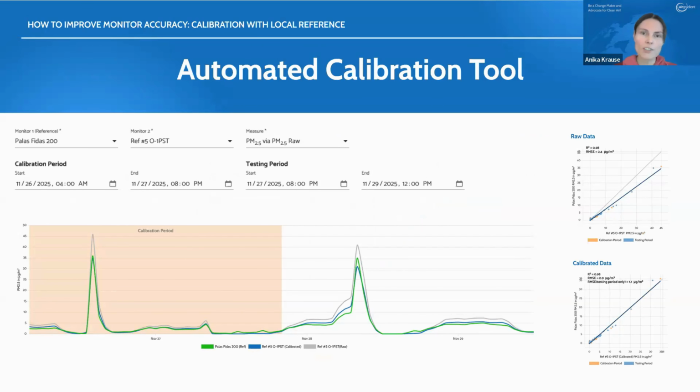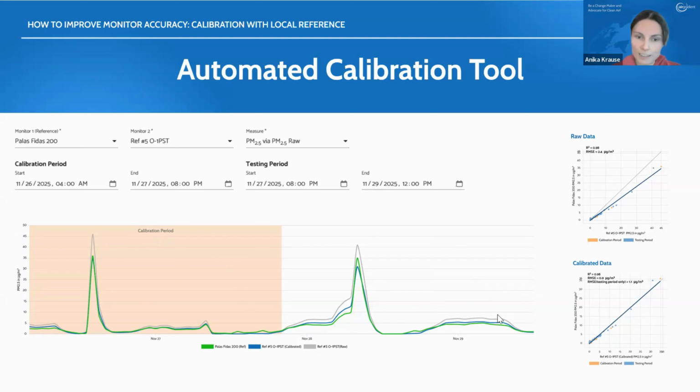There's one more function in the calibration tool, which is the testing period. You can add a second period, which you don't use to extract the calibration parameters. Maybe you are aware of these training and testing data sets. Basically you have one data set where you train your model or where you extract the calibration parameters, and then you check it with an independent data set. How well does it actually work? That's optional, but you can do it.